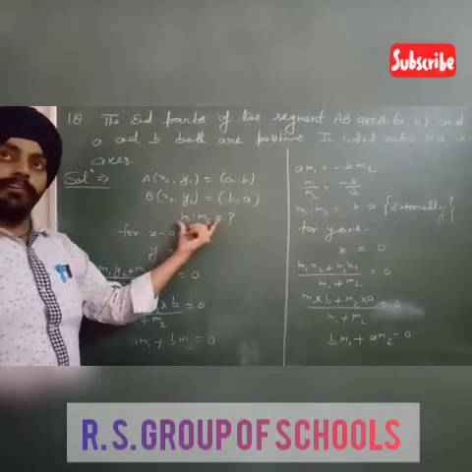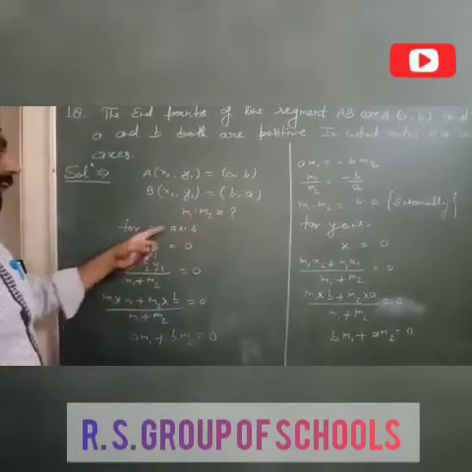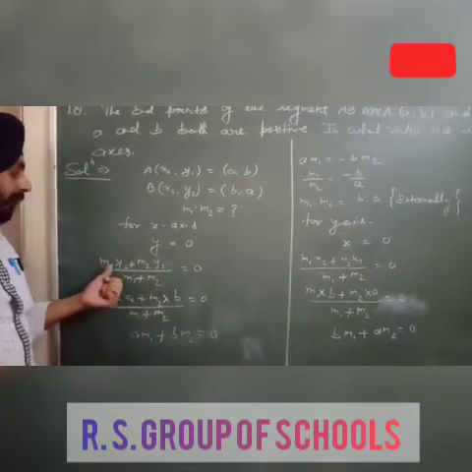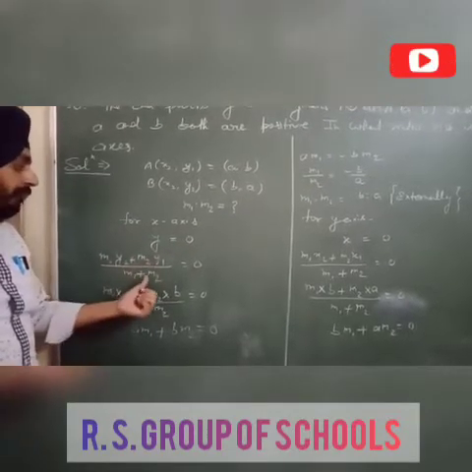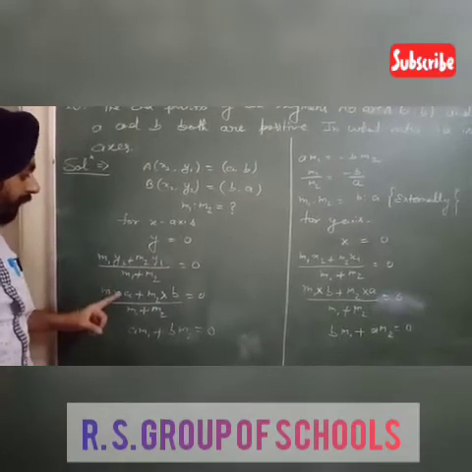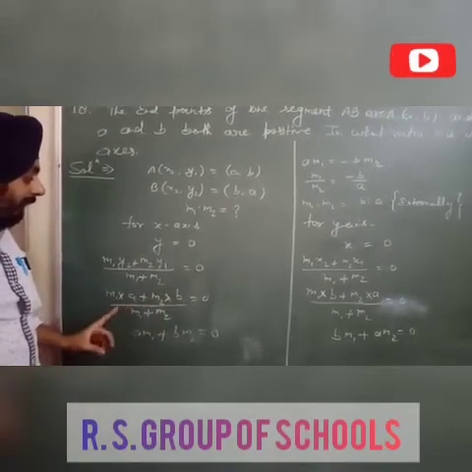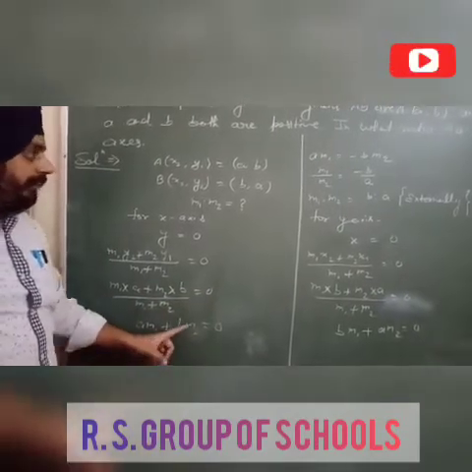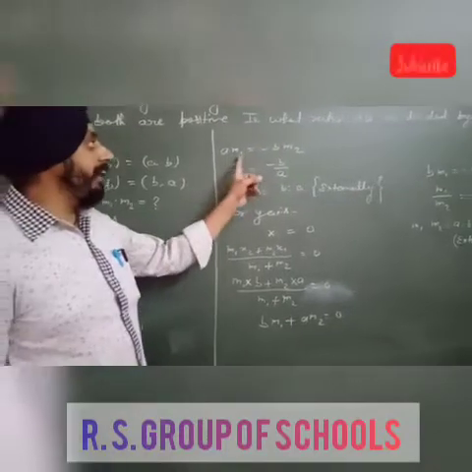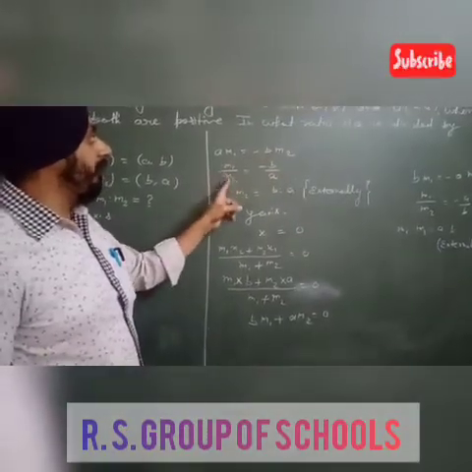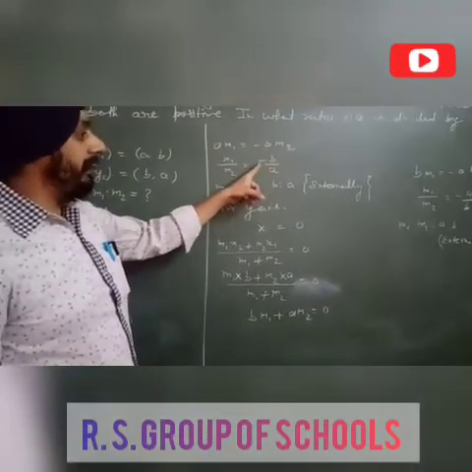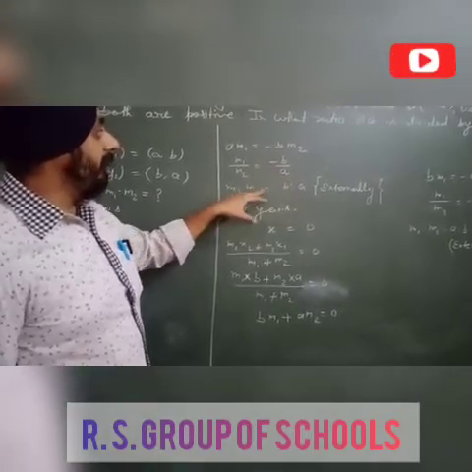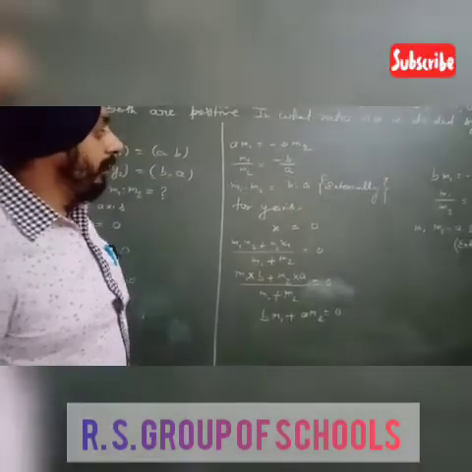We find the ratio m1 to m2 for both axes. For the x-axis, the y coordinate is 0, so (m1 y2 plus m2 y1) upon (m1 plus m2) is equal to 0. Now we put the values of y2 and y1. (m1 plus m2) multiplied by 0 makes 0. Then a m1 plus b m2 is equal to 0, so a m1 equals minus b m2, and m1 upon m2 equals minus b upon a. The minus sign shows that it is divided externally by the axis. The ratio m1 to m2 is b is to a externally.